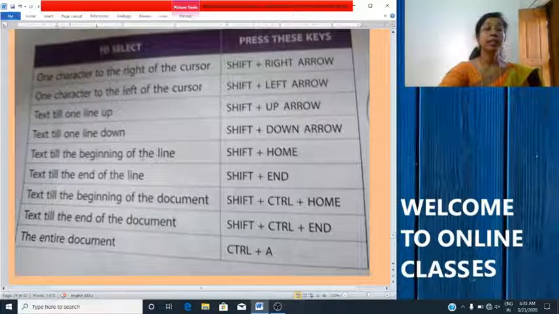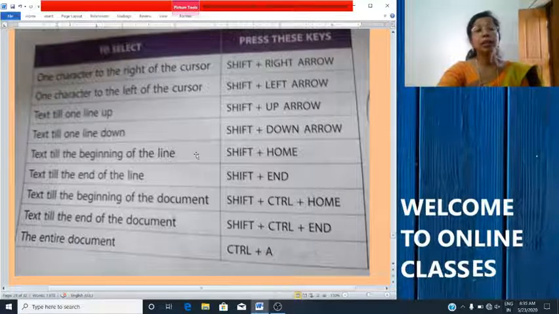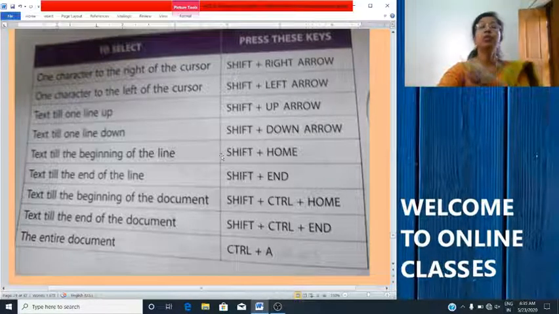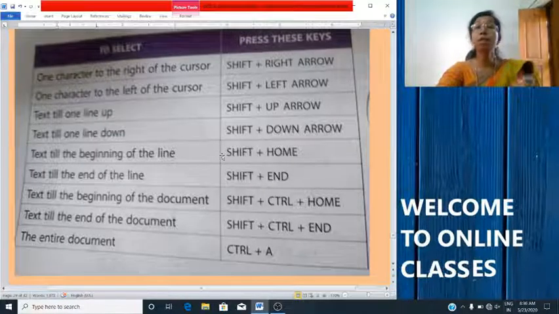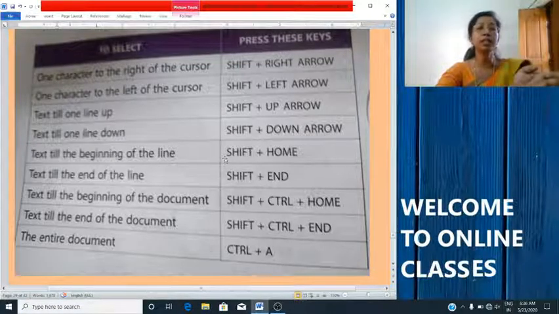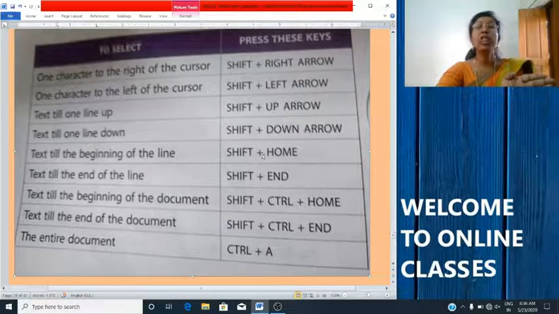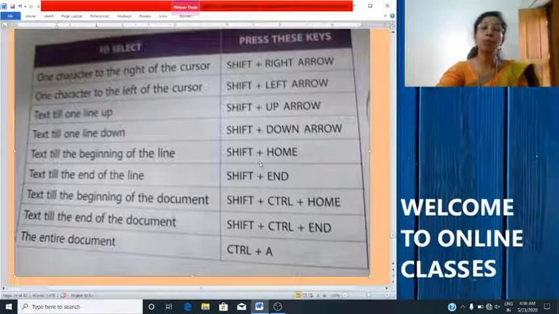Then till the beginning of the line. Suppose your cursor is somewhere in the middle or right side, to select till the beginning of the line, left side, you will use Shift plus Home.